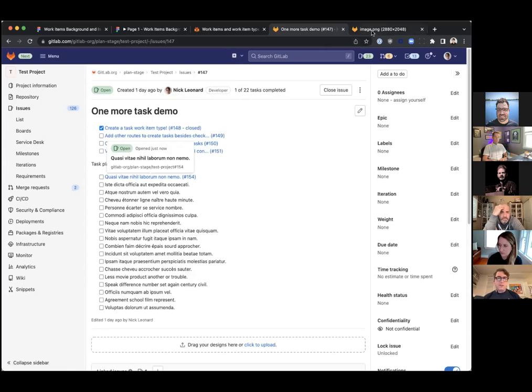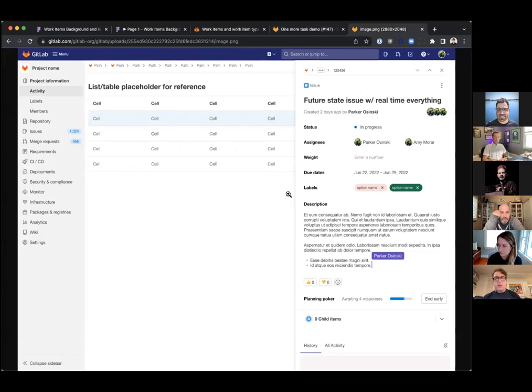And then one last note, so that's tasks as they exist today. Just starting to think through what this means for other things. This is a bit more of a vision for real-time collaboration. There's some work happening in another engineering group around real-time collaboration and issue editing. So what does it all look like when we put these things together and think about real-time